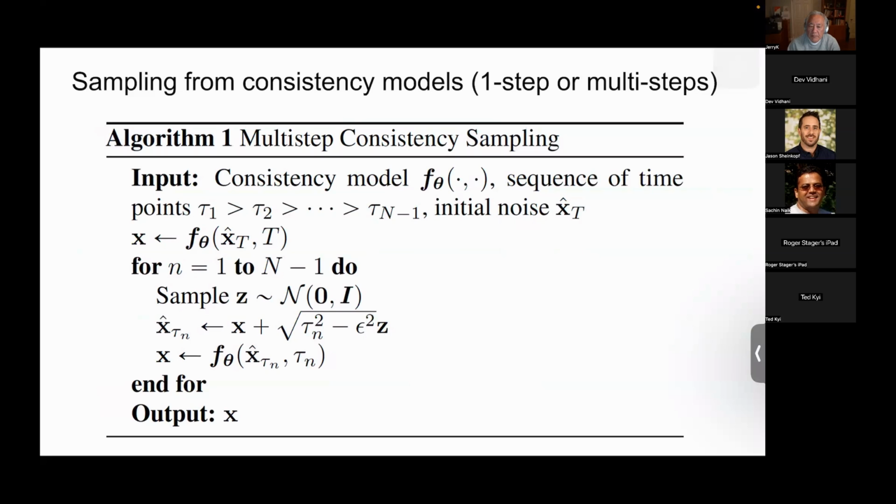So this is the algorithm that I just described. If you're doing multi-step consistency sampling, then it's from the paper. You get the initial noise, and then you first get the initial origin point by applying your consistency model. And then you repeat it. In this case, they have a total of n steps. So of course, the first step got you X, and then for the remaining n-1 steps, they are